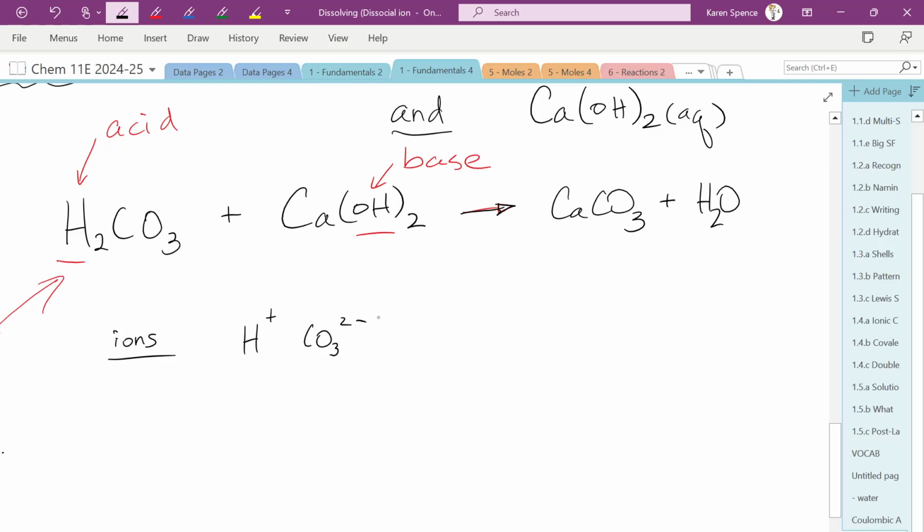In my second compound, I have Ca2 plus and I have OH minus. So I write out all the ions that I have in the order that I see them in the equation. And then what I do is I combine my outside ions, so the ones that are on the outside,